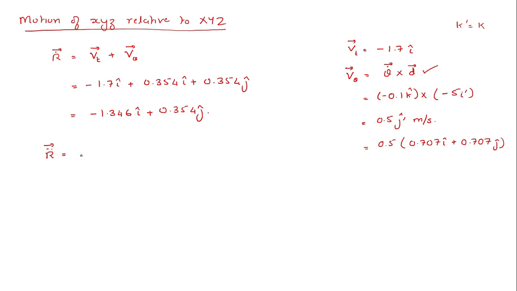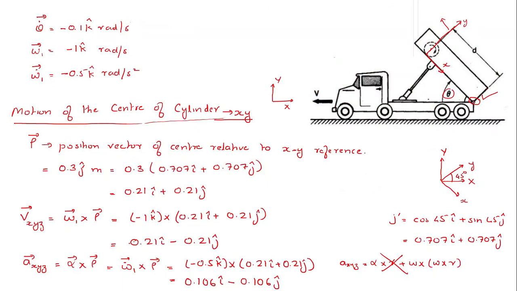Now r double dot vector as such will be equal to the translational acceleration towards the left plus, due to the corresponding rotation here, you will have an acceleration a theta. Now since the truck is moving with a constant velocity, a_t will be equal to 0. And a theta represents the rotation of the center with respect to this point here. So as such, I can write the equation as